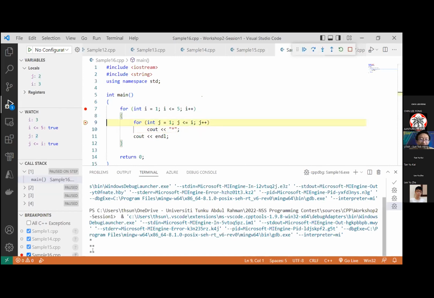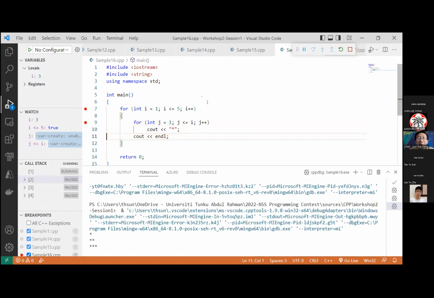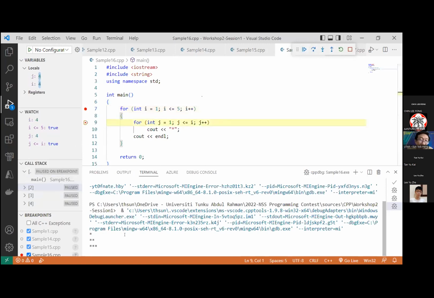Because it repeats 3 times, you can see that you get 3 stars. You can see that, okay? The third time you repeat, and therefore you get 3 stars. And then you go back to the outer for loop again. So if you keep on running this program, you can see that the output of the result will be,